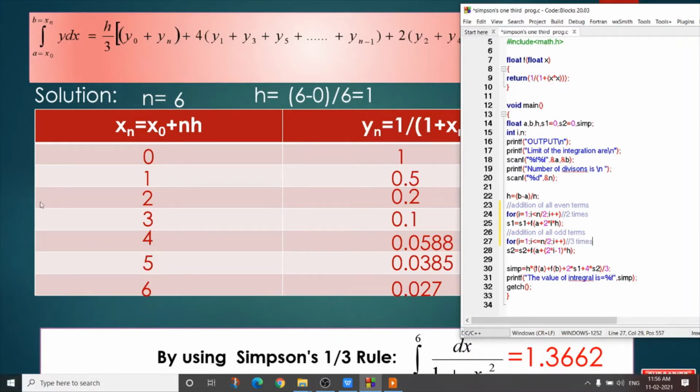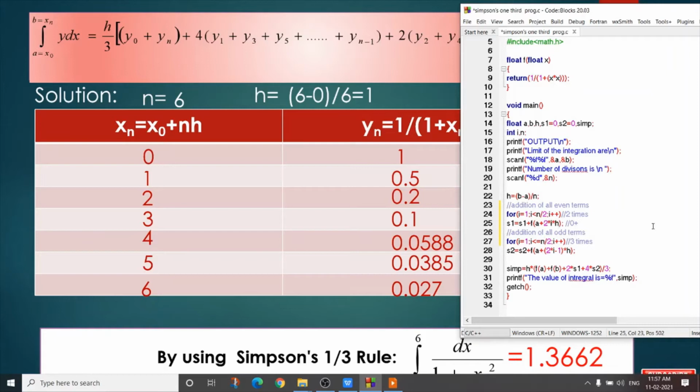For the first time, what is the value of i? i is 1. So see, it is s1. I initialize s1 as 0. So it is 0 plus f of a plus 2 into i into h. The first value of i is 1 and the value of h is 1. So 2 into 1 into 1 means 2. What is the value of a? The lower limit, that is 0. So 0 plus 2 into 1 into 1, that is f2.